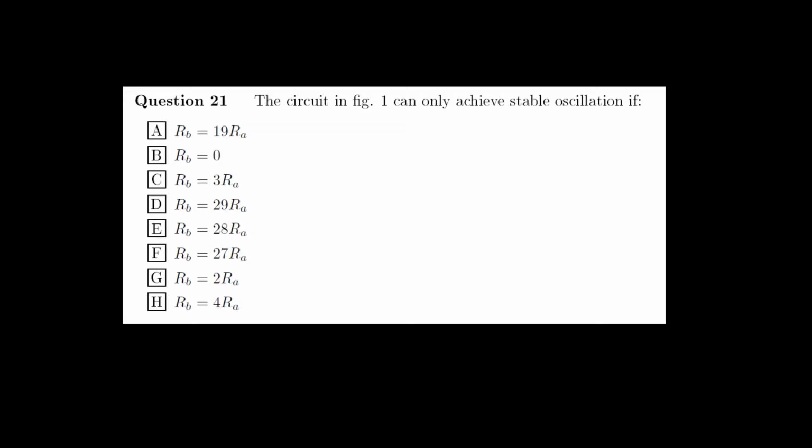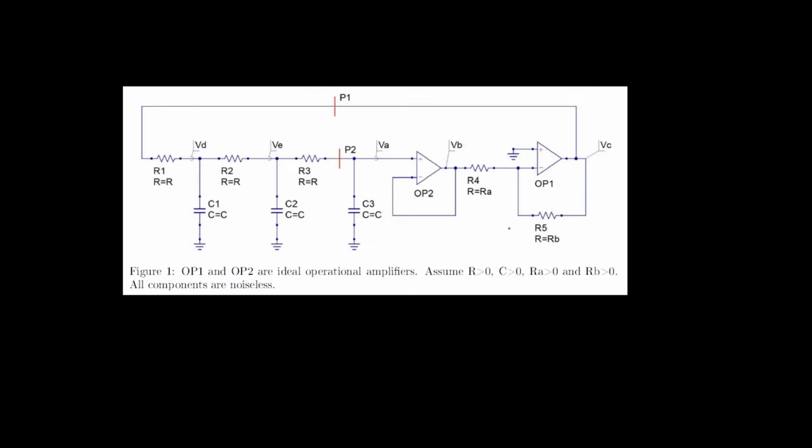This video will discuss the solution to question 21, which goes as follows. The circuit in figure 1 can only achieve stable oscillation if, and then a number of constraints on the ratio between RB and RA are given. To investigate what the ratio should be between the value of RA and RB, let's have a close look at